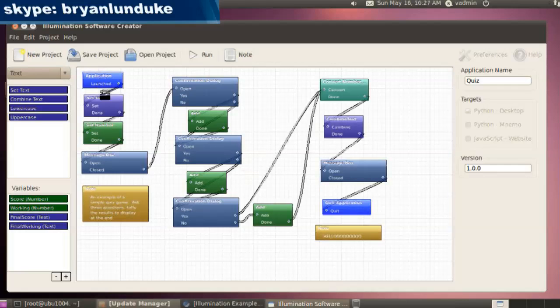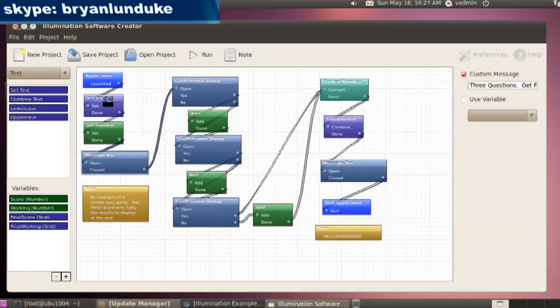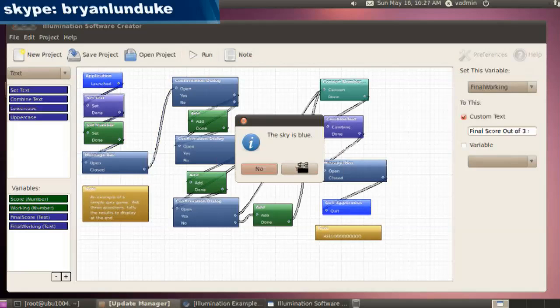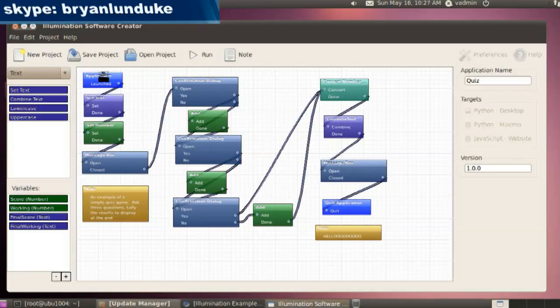let's walk through exactly how this works here. So this little quiz application, again, it just pops up 3 questions, get ready. It asks you basically 3 yes or no questions. And when it's done, it shows you your final score. So how do we do that? First of all, it has a number of variables that we're working with here. There's 2 number variables and 2 text variables, and we'll show you what each of them does as we go